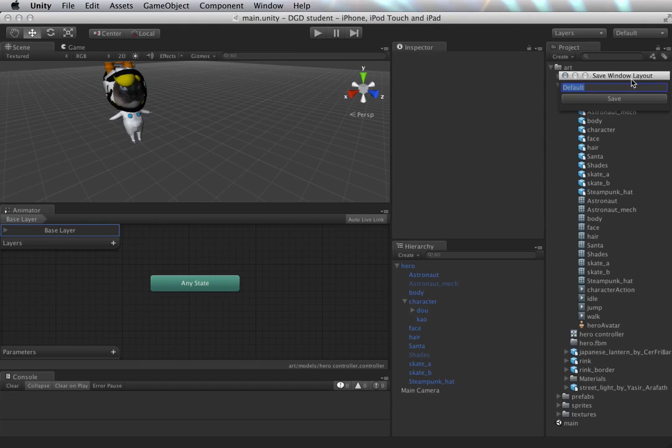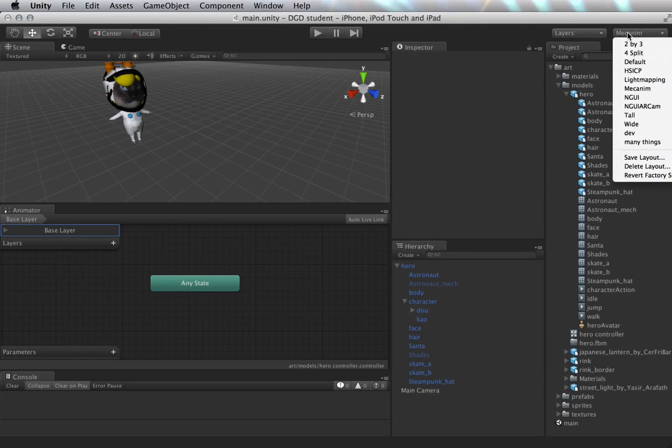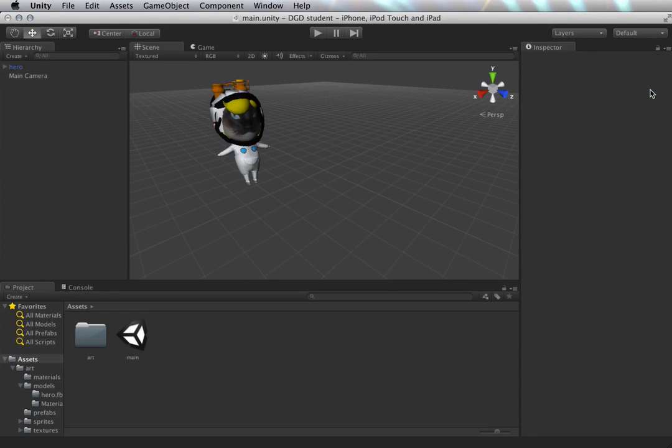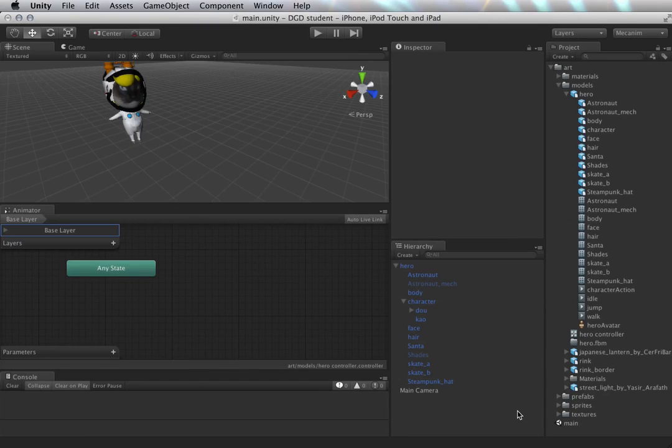You can give it a name, such as Mecanim in my case, and I'm going to click save. Then you can switch between the different layouts that you have had before. Here's default, and here we can come back to Mecanim, and this will be saved even if Unity crashes. Here's how we're going to go about assigning the